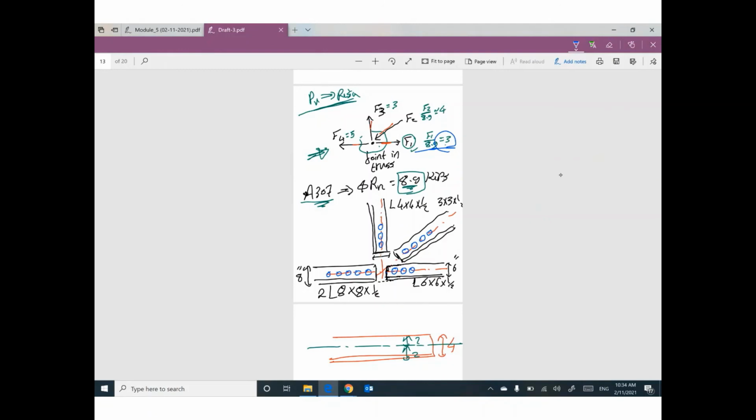After the last bolt, please measure another distance, which is edge distance also. Edge distance, edge distance, edge distance. Finally, go ahead and connect between this one and this one. This is the shape of the gusset plate that will be used for this connection.